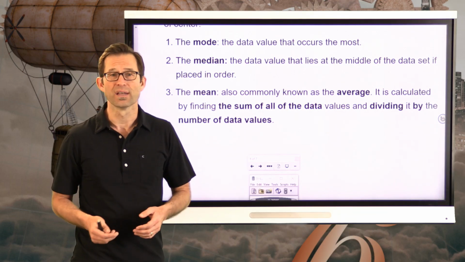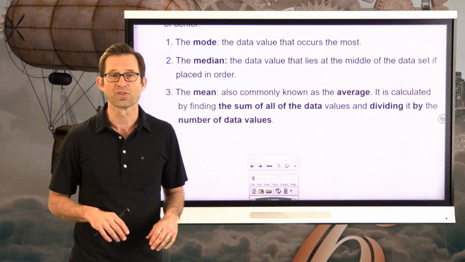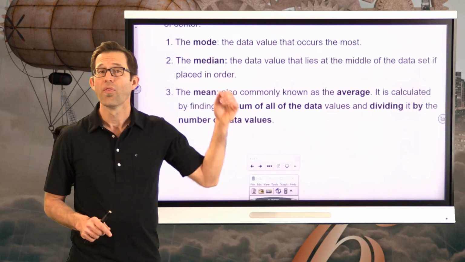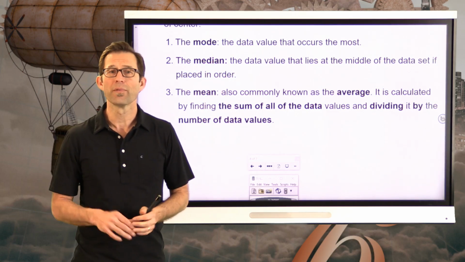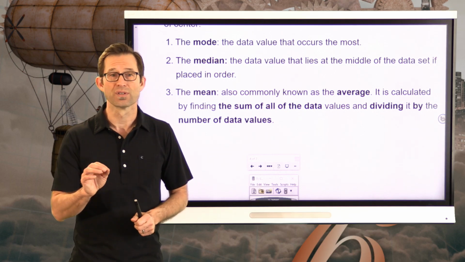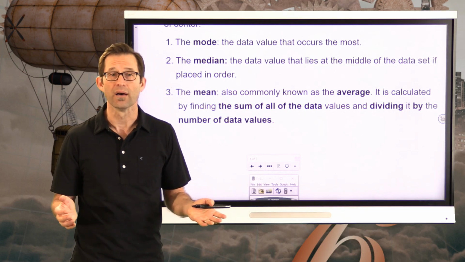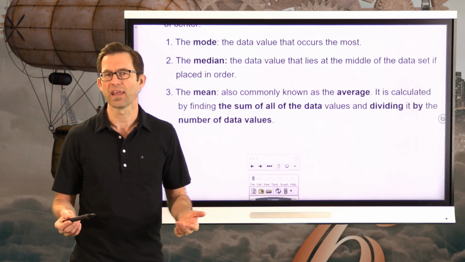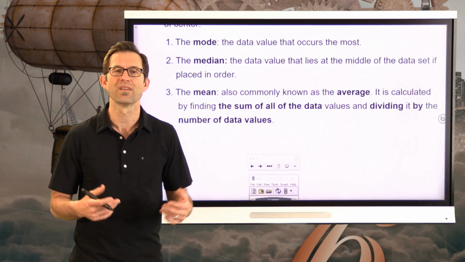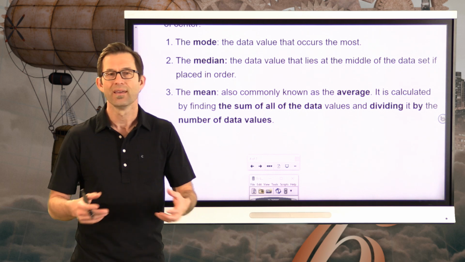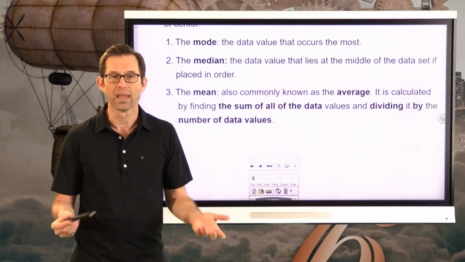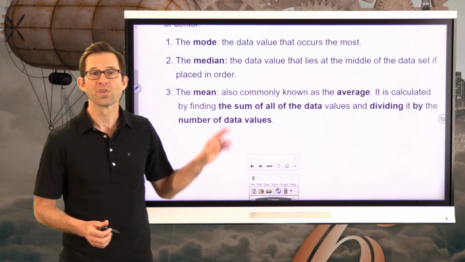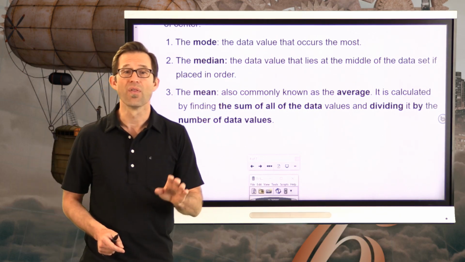In normal data sets, ones that aren't kind of crazy with crazy distributions, the median and the mean tend to be very close in value. The mode is probably the least used of all measures of center. I mean, it's a very easy idea. Oh, which one occurs the most often? But there's oftentimes data sets that either have no mode or the mode's not a very interesting number because you don't really care which data point occurs the most often. All right. So the median and the mean are the ones that we're going to use the most often.